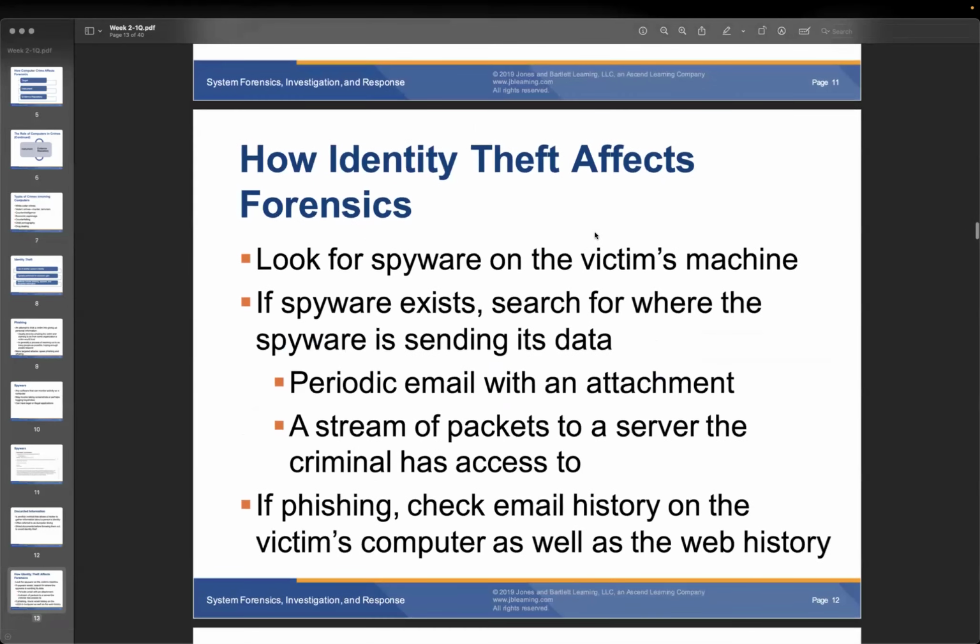And then, how does identity theft affect the forensics? We look for the spyware on the victim's machine, and if the spyware exists, then we search for where the spyware is sending its data. Most of the time when they install the spyware, they will have a destination. So we need to look at it and check whether they put in a server IP address or API address. Then we can chase it based on the address and maybe find periodic emails with attachments or